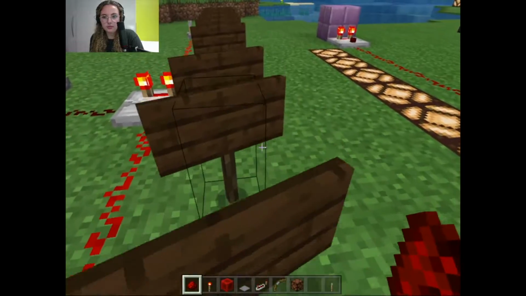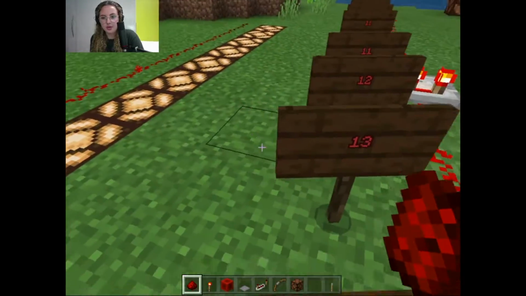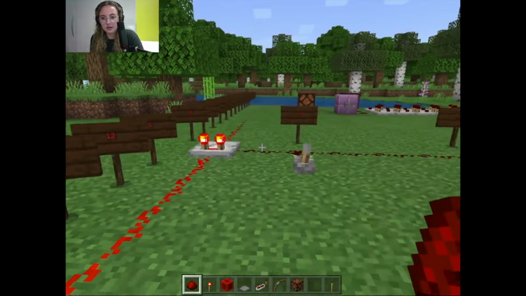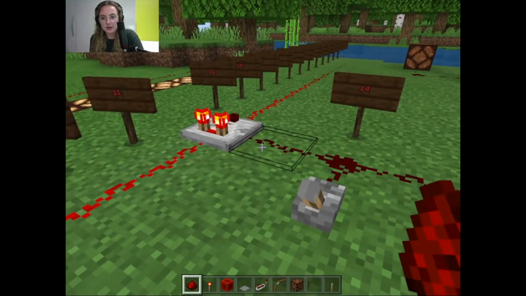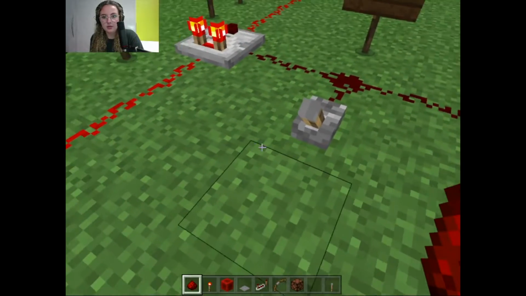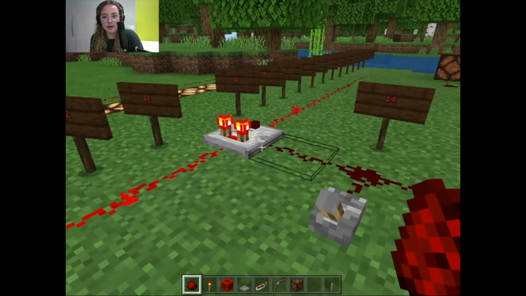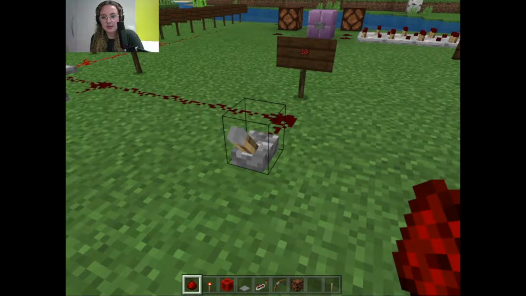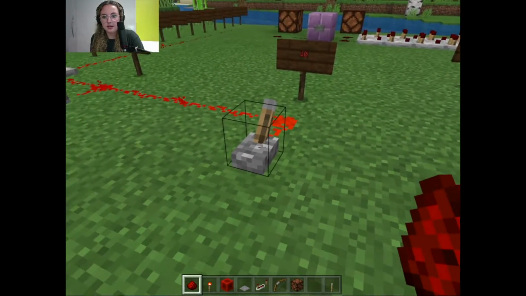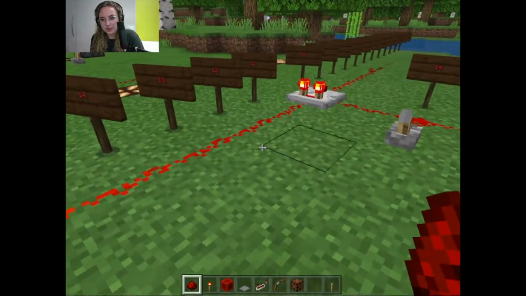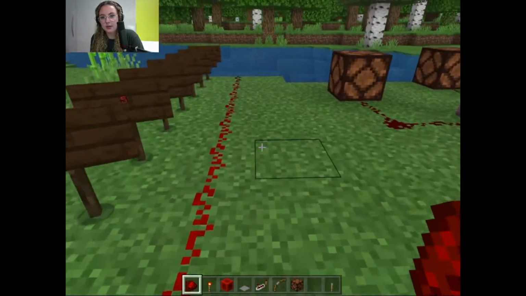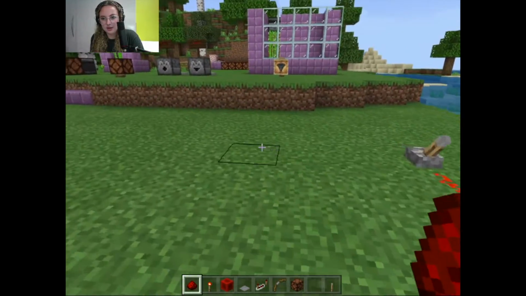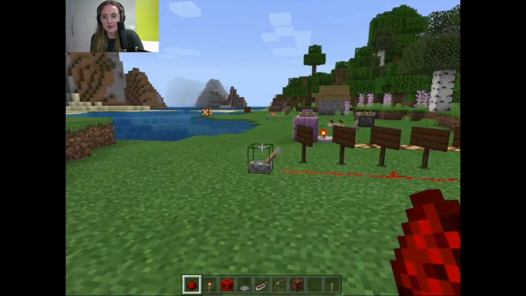So in normal mode, if you're just inputting something, the same is going to come out the other side. Now, if we add a side input as well, so you can have things coming in from the back and the side, we'll start by adding 10. So if I add 10 onto it, you can see I've powered it on. You will still get an output of 11 because 10 is less than 11, so it ignores it and just uses the input of 11